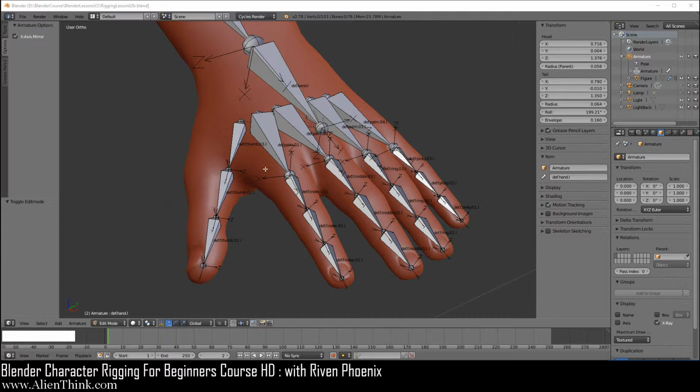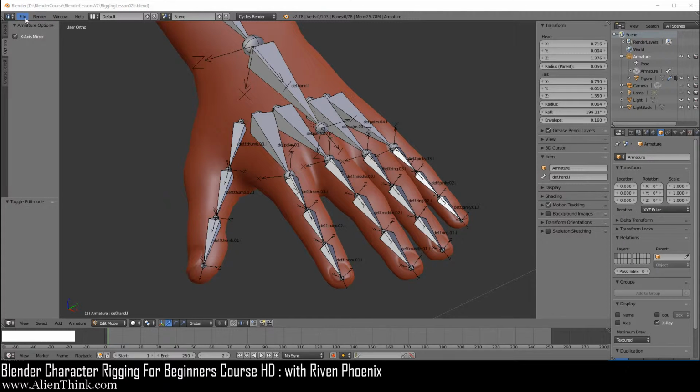Now, the thing to keep in mind about this process is that first we have to establish the overall picture or the idea behind the bone rolls when it comes to a complex object like this. Once we've established the bone rolls, we're then going to go back to these individual bones and move their positions and then readjust the bone rolls, so the fingers, the thumb, and the palm deform correctly.